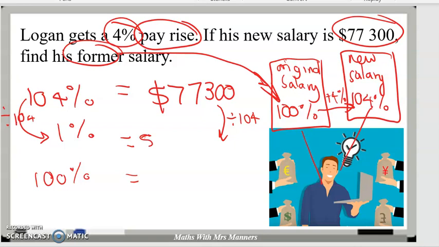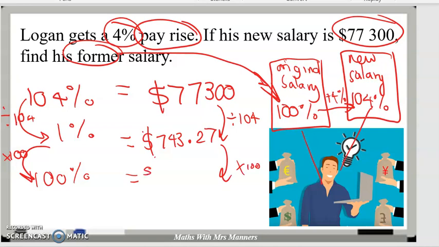And because it is money, I get $743. Because it's money, I'm going to round to 2dp. I'll keep the longer decimal on my calculator, but I will write down the 2dp figure. So now I know 1% of his original salary is $743 and it's actually 27 cents if I round to 2dp. And now I want to find his original salary. I'm going to multiply by 100 because 1 multiplied by 100 is 100. I'll do the same on this side. And that gives me